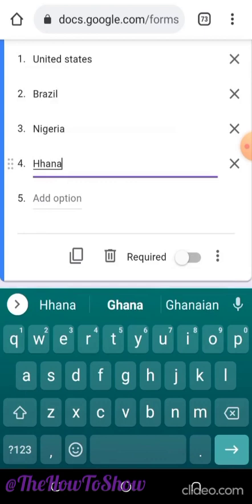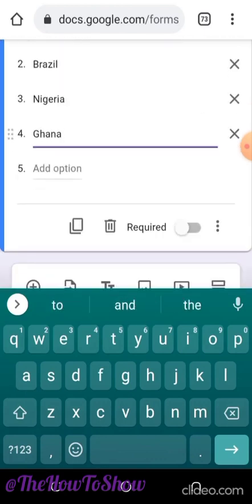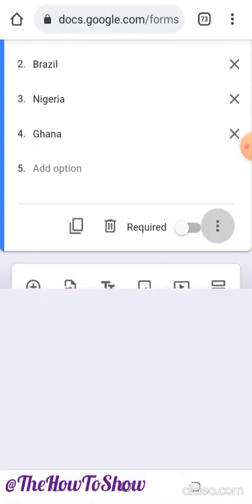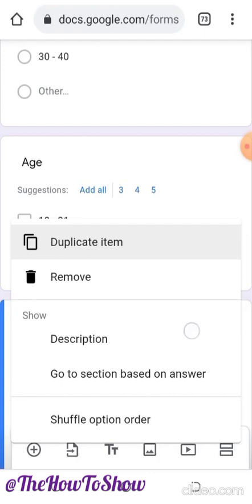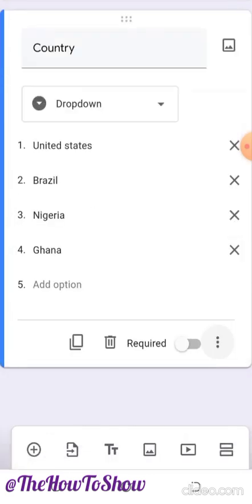So this is just what I'm going to select. So it's going to drop down these nations, and then the person just chooses whatever he wants to choose. So you can duplicate it. You can just play around with all of this. Now the other type that we have,